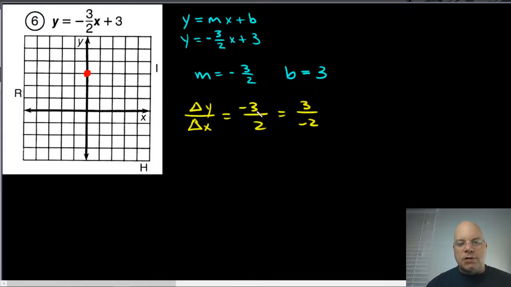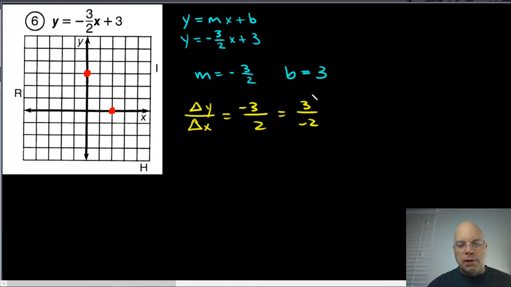We could say that our change in y is negative 3, so our vertical change is down 1, 2, 3. That puts us at the origin, and then the change in x is positive 2, so we would move to the right 1, 2. So this is a point on the line, and I could draw the line now, but